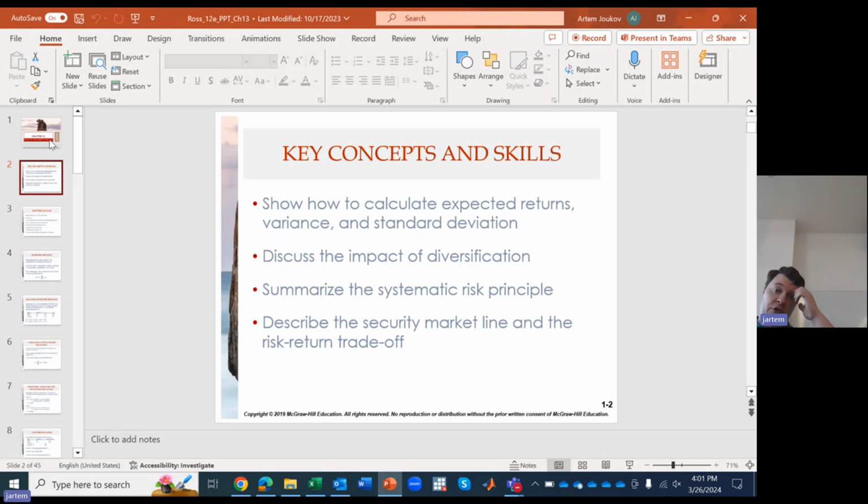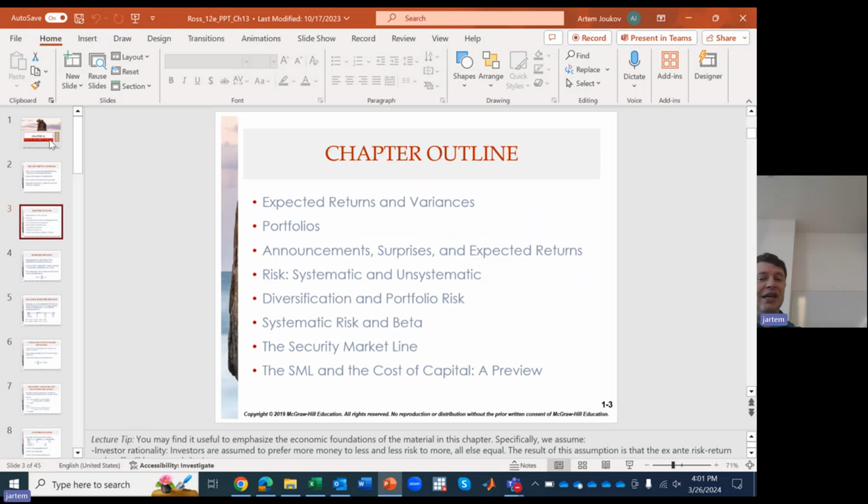So we'll do some of that here, and we're going to see how we can calculate the standard deviation of portfolio returns for various portfolios, and then we'll look at the security market line, which again is a fun part of the chapter, but it requires you to be analytically tuned in. So again, sorry, but fair warning, it's going to be kind of a hard chapter. But I think if we go slowly, and if you ask me questions when you encounter information you don't quite understand, I'm happy to slow down and go over it for you.